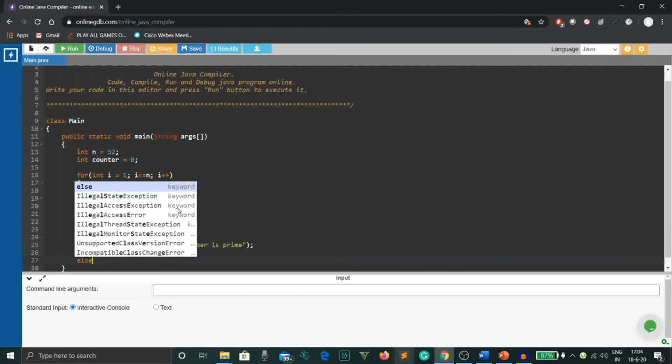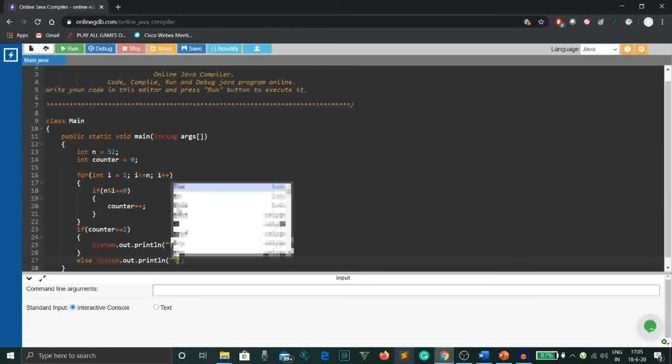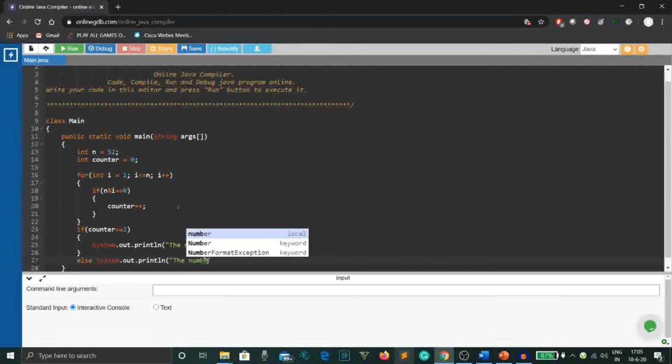Else, if the value of counter is less than 2, greater than 2, it cannot be less than 2. So we'll print System.out.println, not a prime number. The number is not prime.